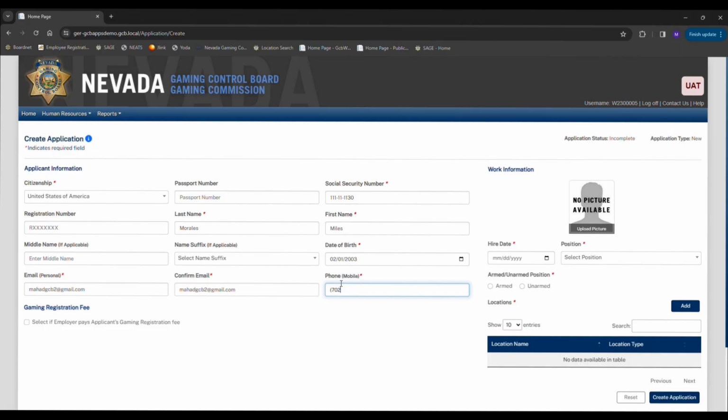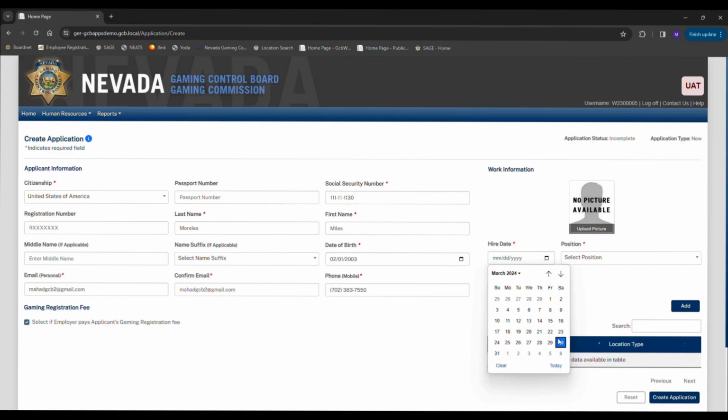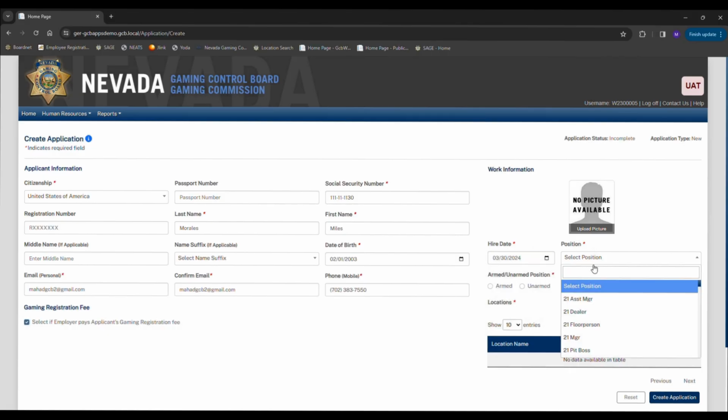And a phone number. If you as the employer want to pay for their gaming card, you'll click this box right here. Underneath work information, a picture will be required, but it can be added on after the applicant fills out the application. So I'm going to skip that for now and click on the hiring date, click on today, select any